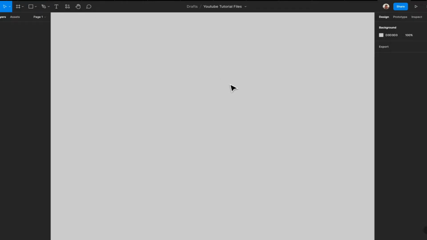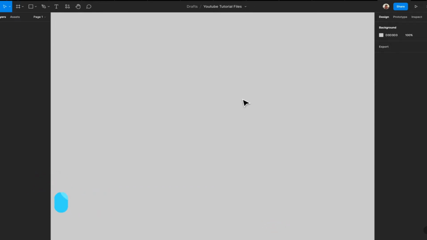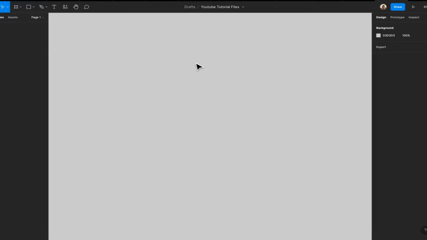Today's topic is going to be on grid system. The reason why this topic is brought to you this early is because grid system is one of the fundamentals or the basics of creating a website or a mobile application, and making it responsive across every screen size. The difference between each of the spaces using your designs and thereabouts. So without wasting much of our time, I would like to speed up into